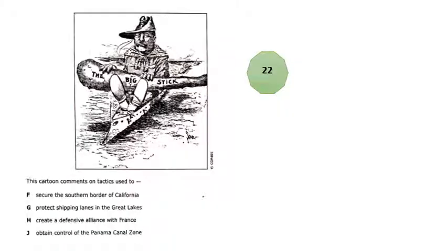And our last question. Remember I kept telling you in class, you should recognize this individual with the glasses and the mustache, and here he is carrying the big stick, sitting on a battleship. This cartoon comments on tactics used to obtain control of the Panama Canal, because we used our Navy. And that is the end of this